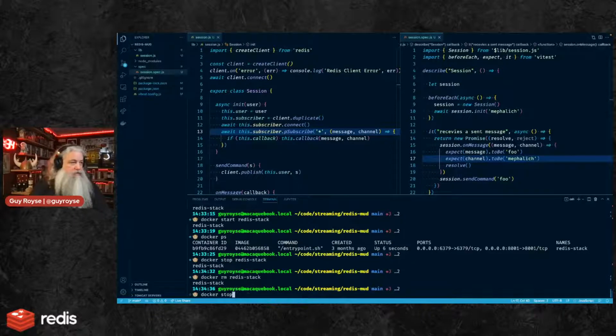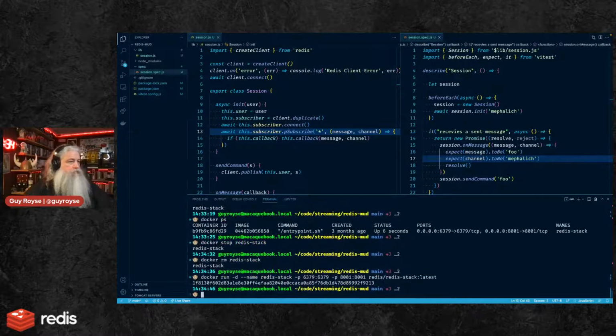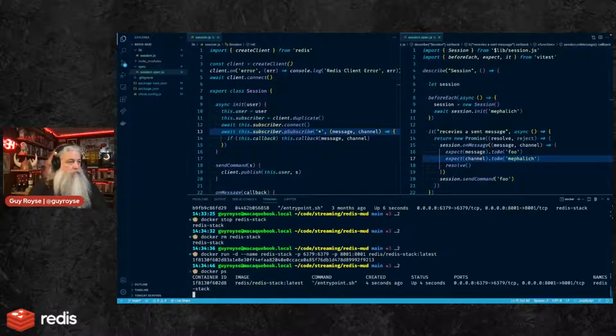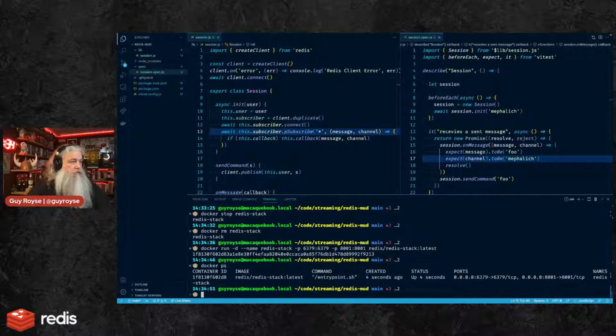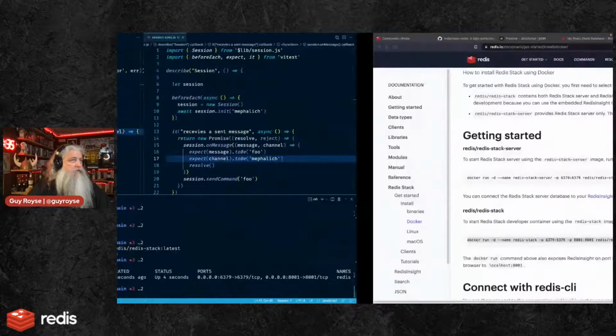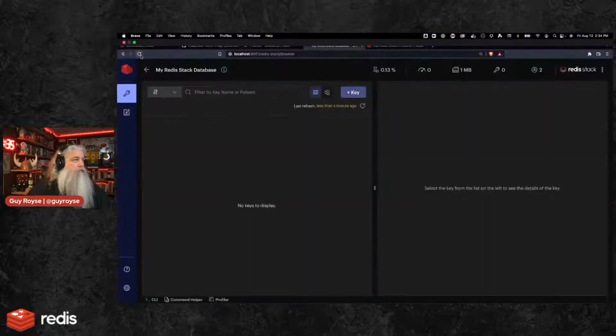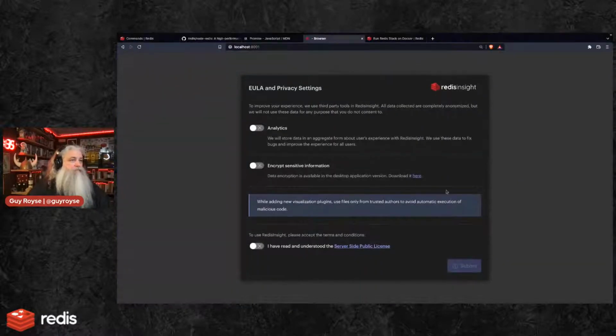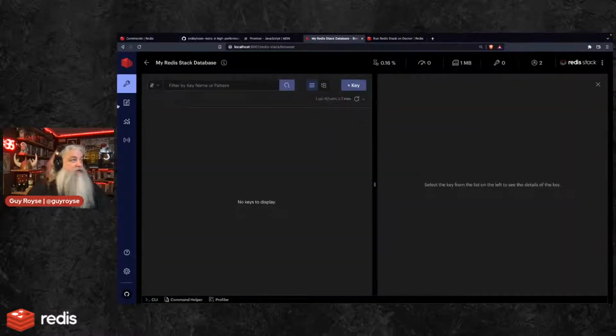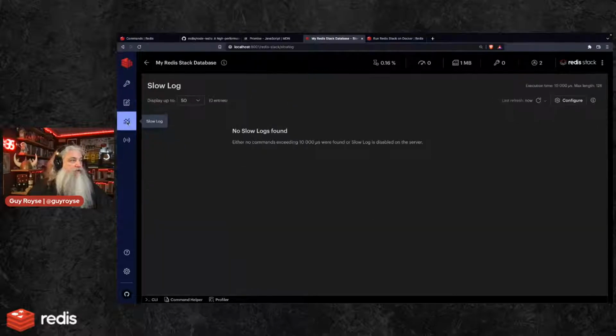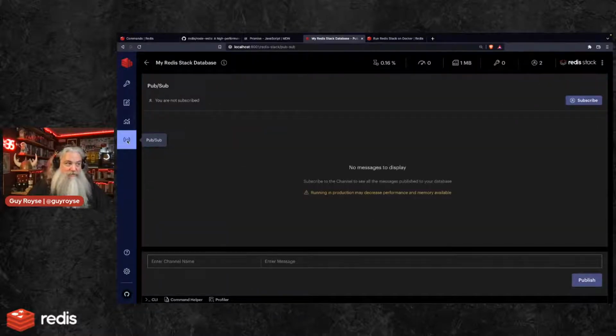And then, so that should be the new one. There we go. Yes, I accept the terms of agreement. Okay, so now you see here we've got the Workbench, we've got the slow log, we've got pub/sub.